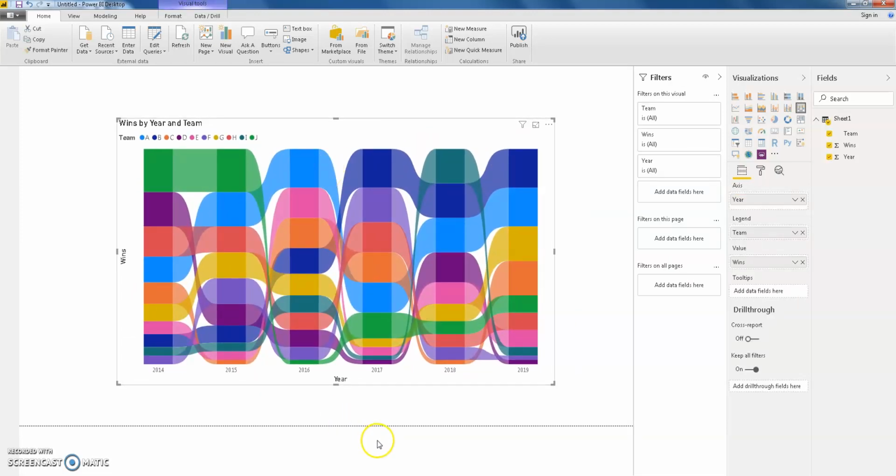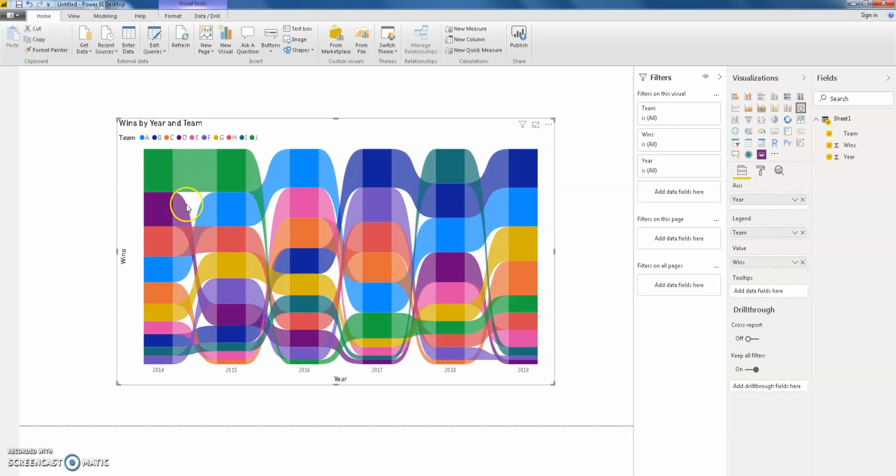And it looks a little bit confusing at first. We have all the colors moving in different directions up and down. But if we go to the columns, we can see that in the year 14, we had Team J, and they had 10 wins. And then down here at the bottom, we had Team F, and they had 2 wins in 14. So as we can see, all the columns are going to be data for each of the specific years. And then this ribbon crossover area in here is going to give us the change for each team from